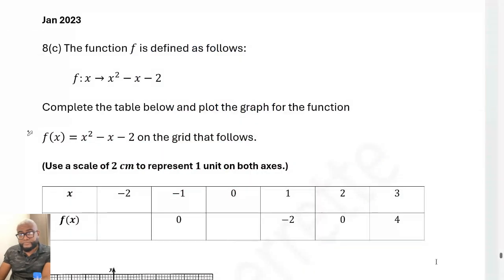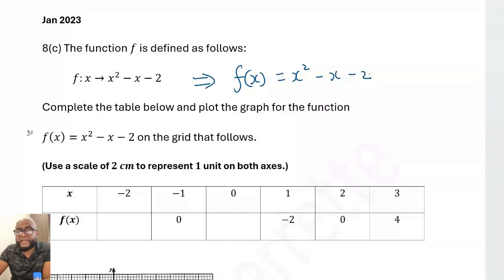Well, January 2023, right? So they said the function f is defined as follows. This is read as f such that x maps onto x squared minus x minus 2, right? Meaning that f is a function where, when I plug x into that equation, you'll get the value of f of x, AKA y. So this notation is just a fancy way of writing simply f of x is equal to x squared minus x minus 2,